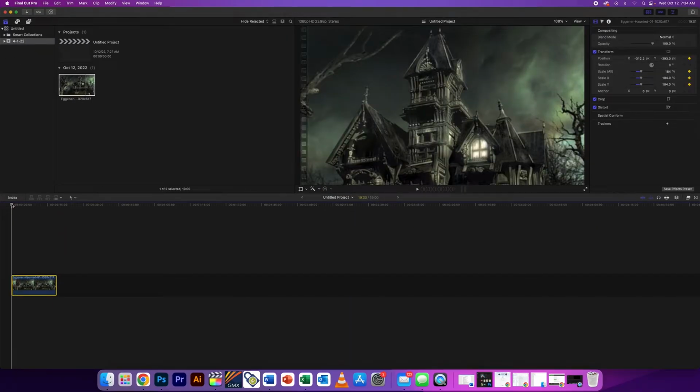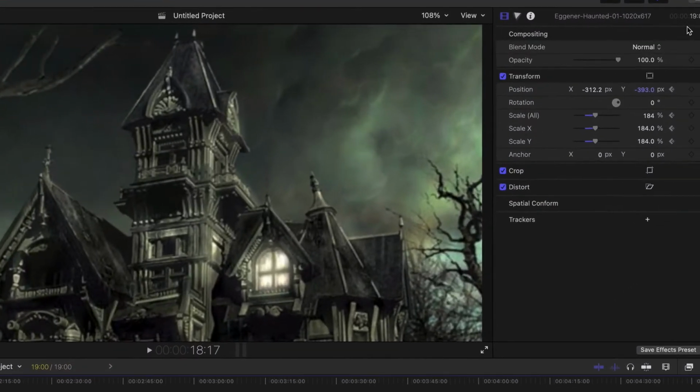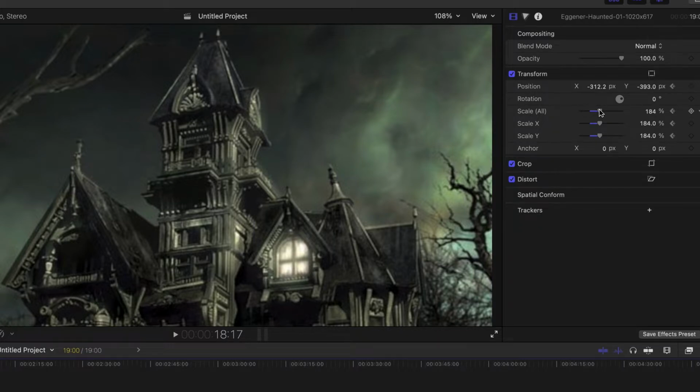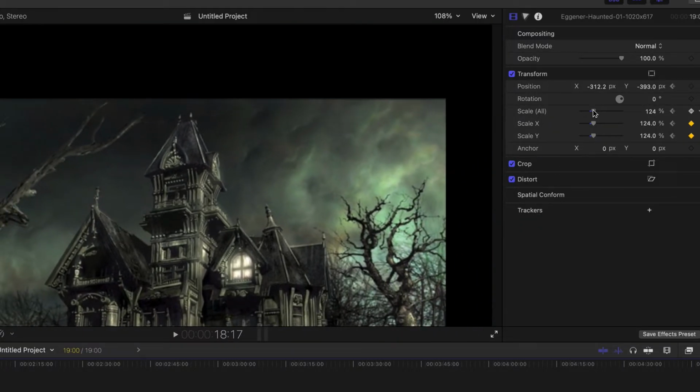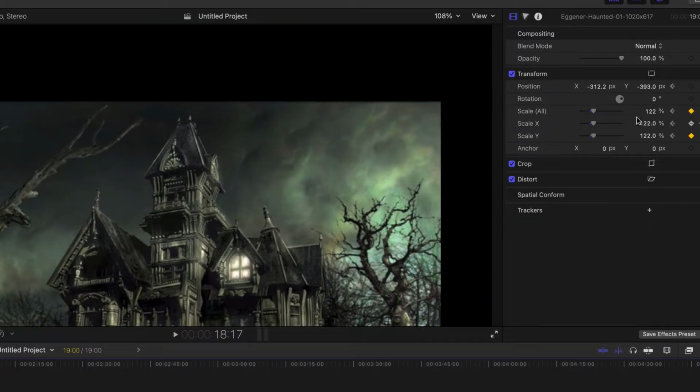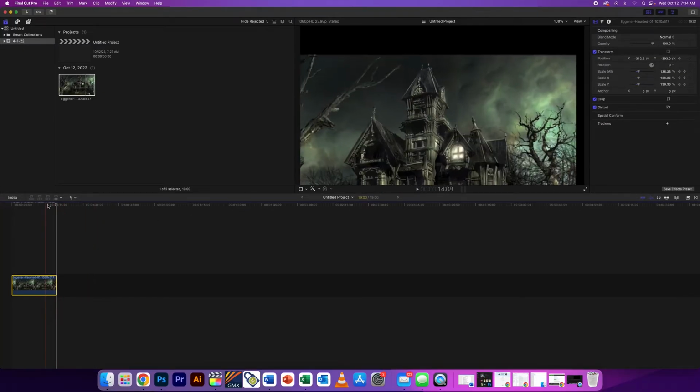Once you do that, the program knows that you're wanting this to move, but it's not going to move. Notice if I move my playhead across the timeline, it doesn't know where I want it to move. So the last step when animating is to change the parameters that you've set a keyframe to, so that being position or scale. So now if I move my scale to, let's say, 122%, now my